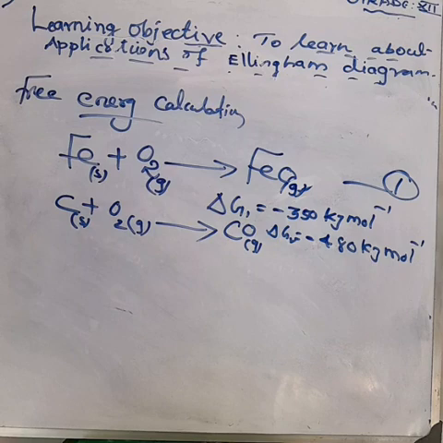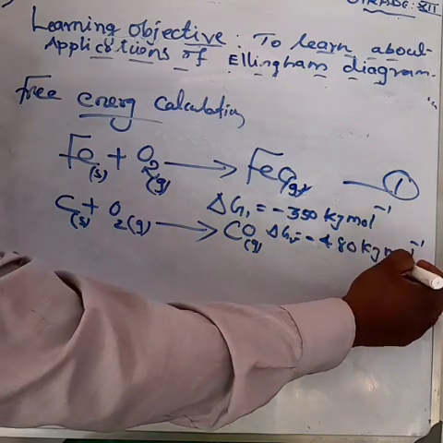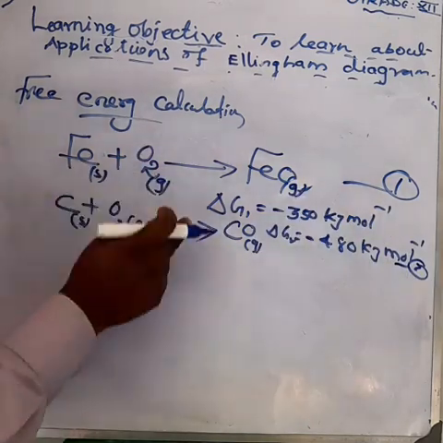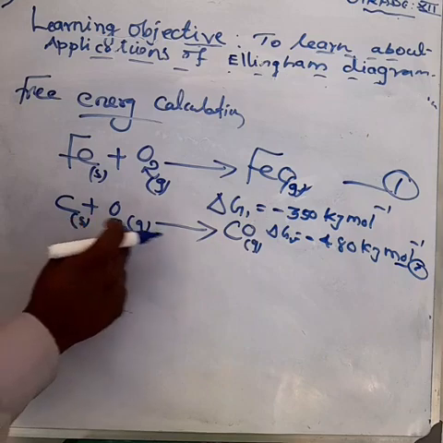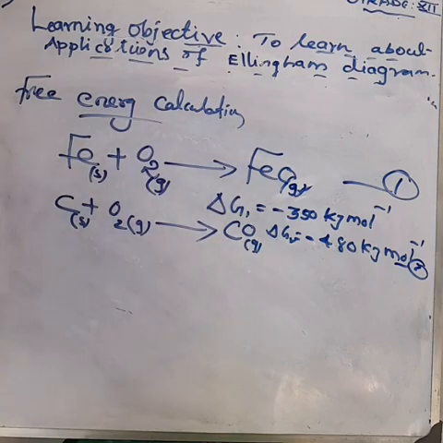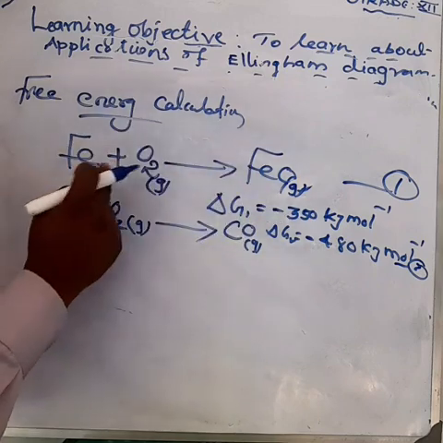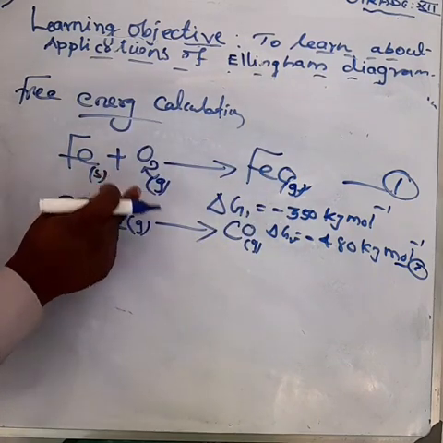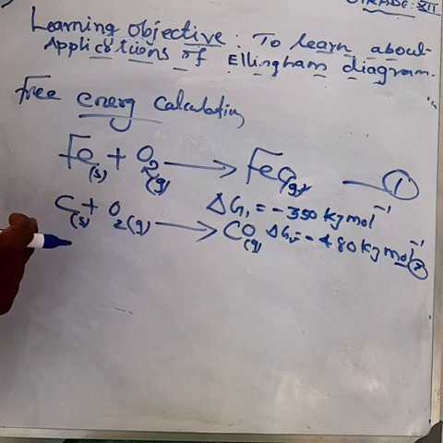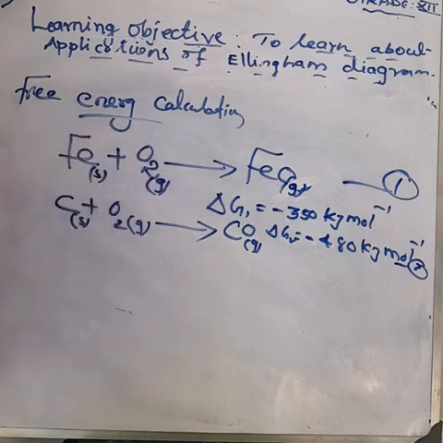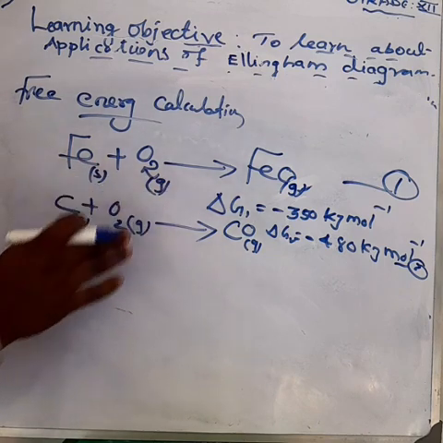Okay, listen all of you. In these two equations, the metal reacts with oxygen and we get the metal oxide. But we need the conversion of metal oxide to metal. Am I right? Can you understand? The first two equations are metal reacting with oxygen, and we get the delta G value for the metal oxide. That's the theoretical value.